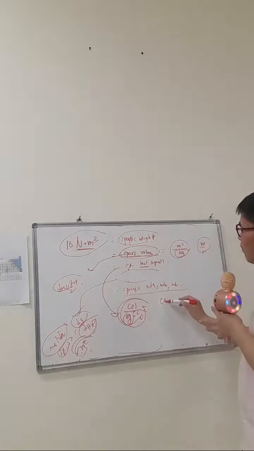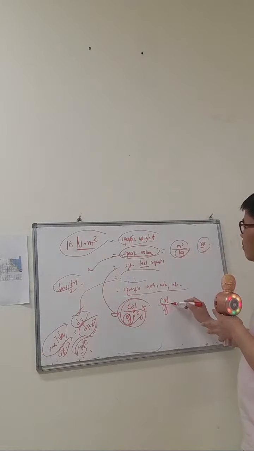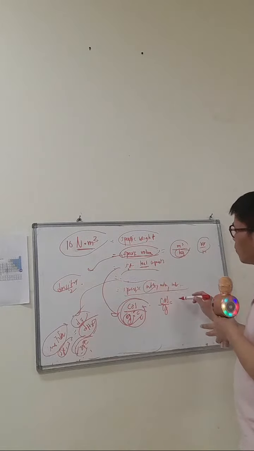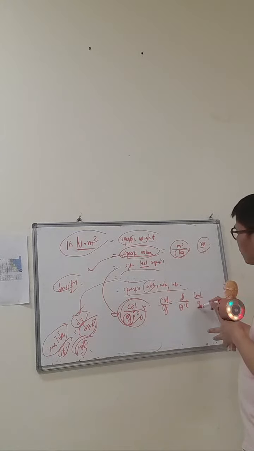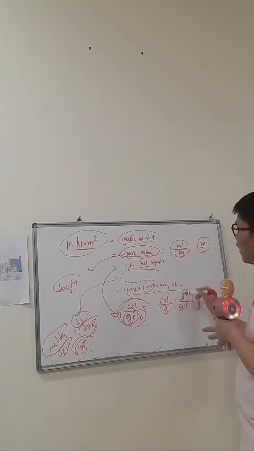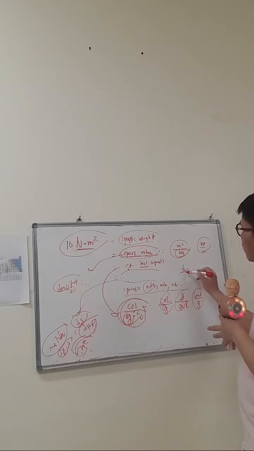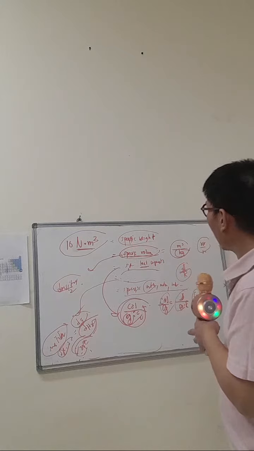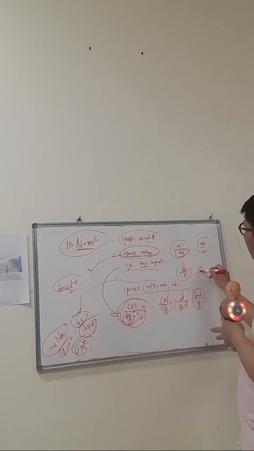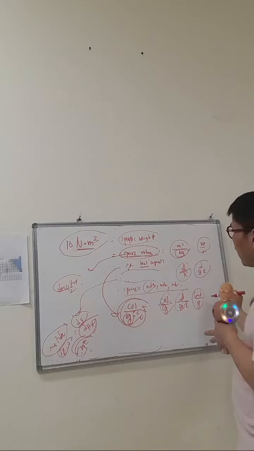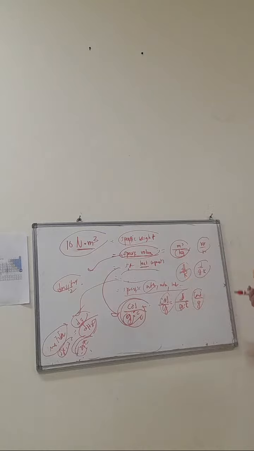Specific enthalpy is calorie per gram. Okay, specific entropy is joules per Kelvin per gram. Internal energy is calorie, the same, calorie per gram. So entropy is joules per Kelvin. Okay? So if it is specific entropy, it will become joules per gram per Kelvin. Okay? You get the point.